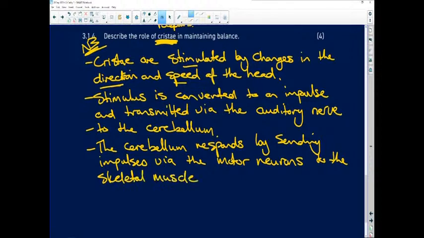And it's important to write skeletal because you've got cardiac muscle, you've got smooth muscle of all your organs. It's your skeletal muscle, your voluntary muscle. I'm going to put in brackets here, voluntary. So your skeletal muscles, which are the effectors,